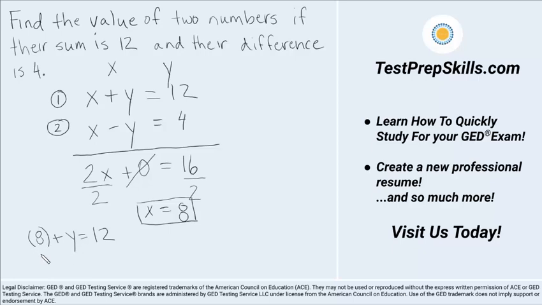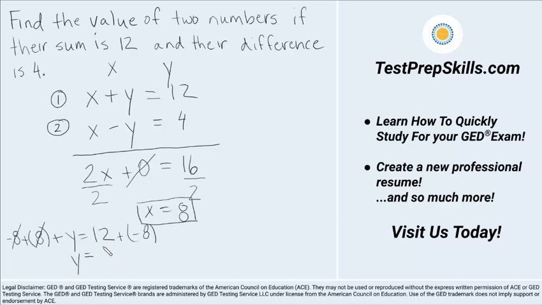Once again, I need to do the opposite action. If I have 8 plus y, then I need to either subtract 8 from both sides, or this means the same thing, add a negative 8. So I'm going to do add, and I've got my negative 8 here. If I'm adding a negative 8 to both sides of my equation, remember, I can't just do it to one side. Whatever I do to one side, I have to do to the other side. So I've got my negative 8 plus 8, those two cancel, and I'm left with just this y